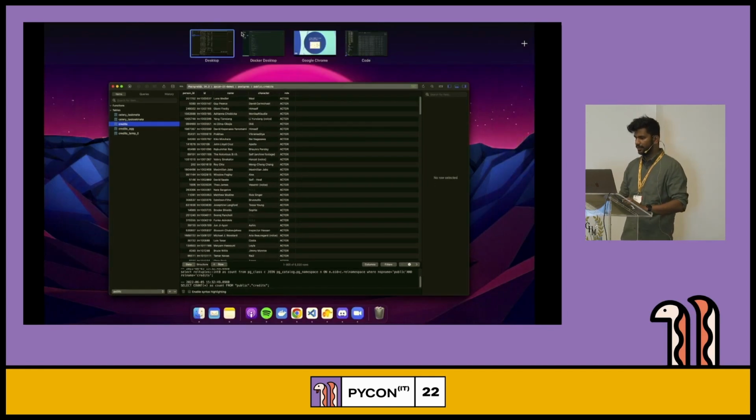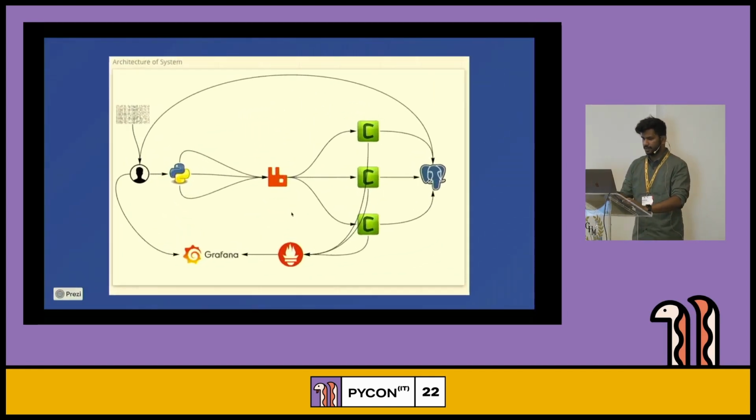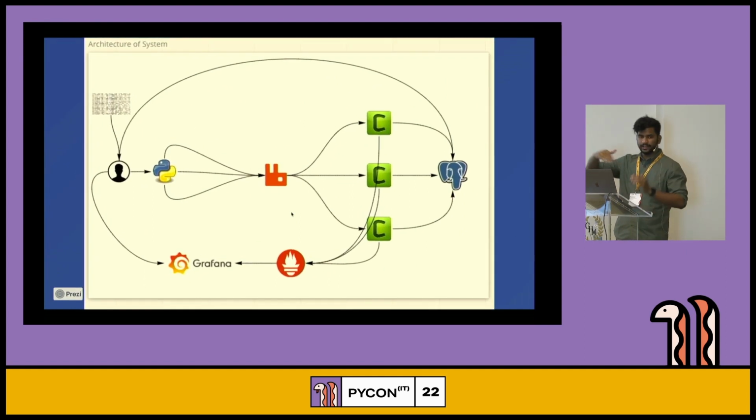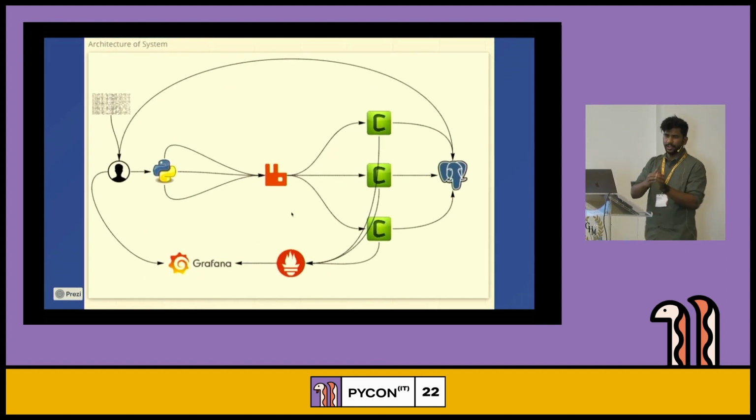So this is what happens in this particular script: it takes the CSV, makes chunks, and starts submitting into a queue, and then from the queue, a worker picks up the task, reads the data, gets the chunk, and feeds it into Postgres.